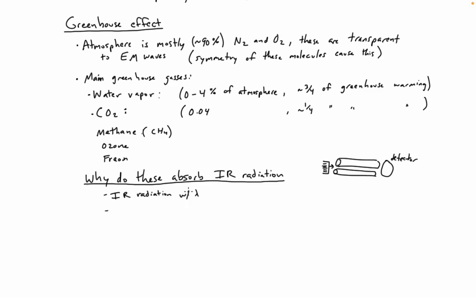These are a couple of the main players. Infrared radiation with a wavelength greater than 12 microns causes water vapor to rotate. Water has this asymmetry, and because of its properties, when you hit it with the right wavelengths, anything bigger than 12,